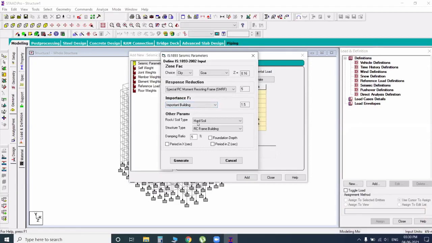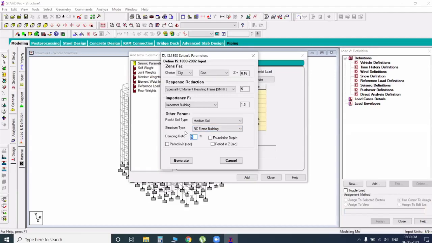And next, soil type. You can go to the site and do the calculations for soil, all the compaction, consolidation, sewage test, and CBR test, dolly test. We have a lot of tests. Then you can find out the soil type. And damping ratio, it is a fixed 5% or 0.05.